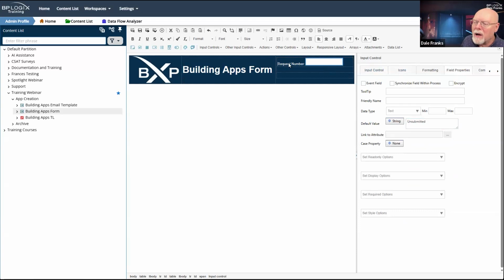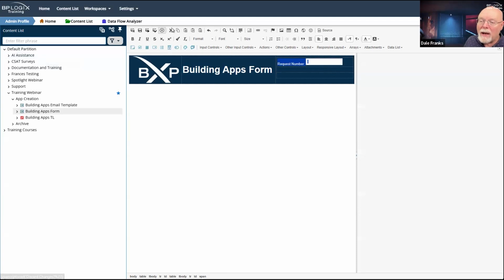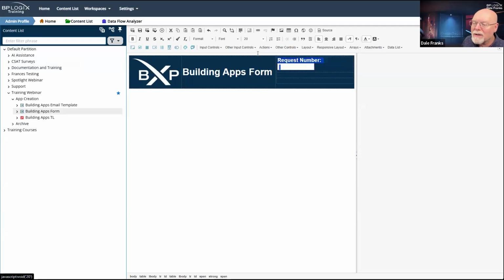I am probably going to want to do some stuff here with how this particular field is formatted. I'm probably going to want to boldface the font, and I'm probably going to want to make it a little larger. So let's say 20, so that I can get the proper request number. Maybe that's a little too big, or maybe I can just make my column a little wider if I need to. But in any event, I've got my request number field, and now I need to throw in my other two fields real quick. So we'll set the text as right. We'll set this on submit date.